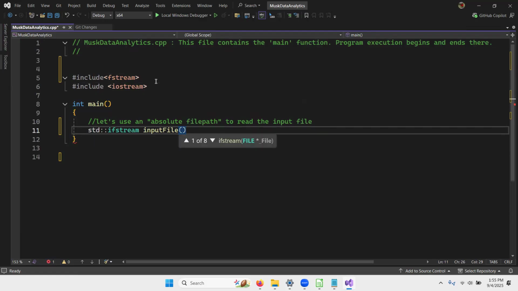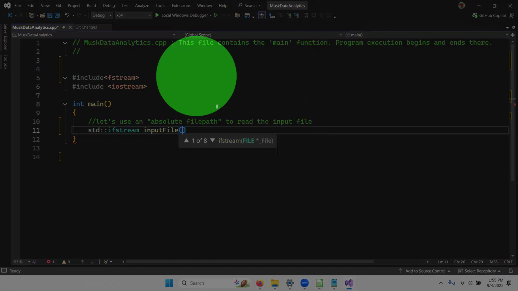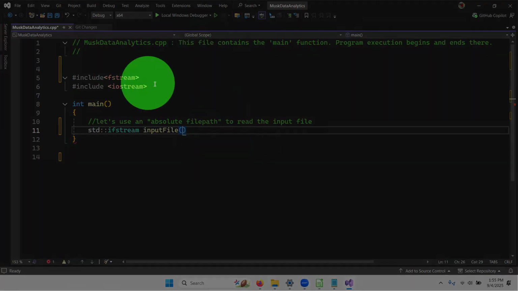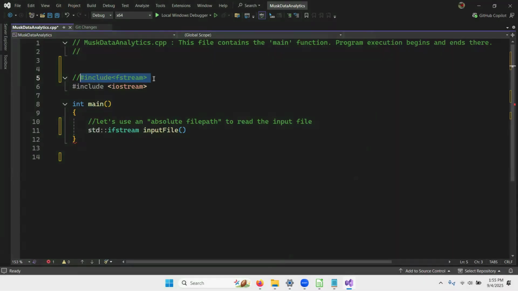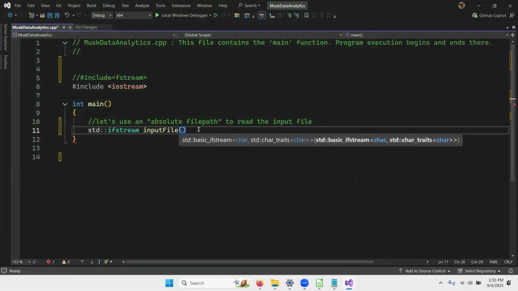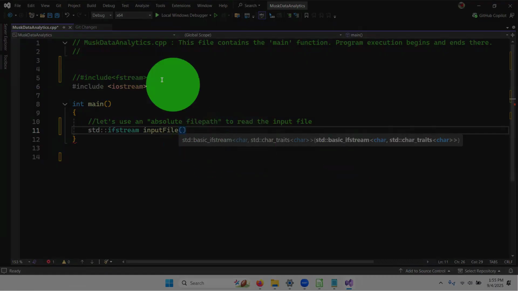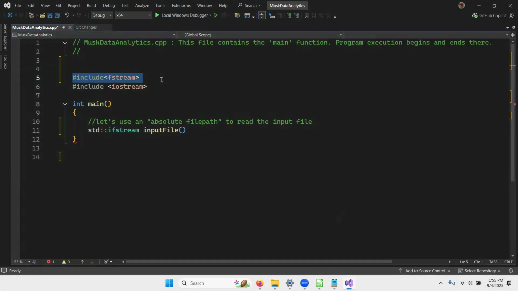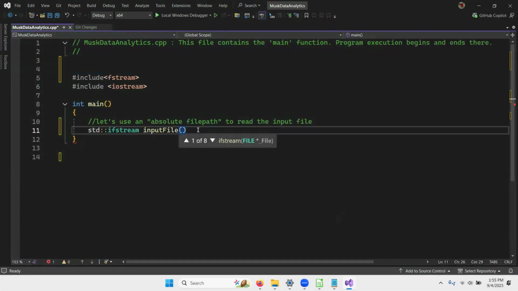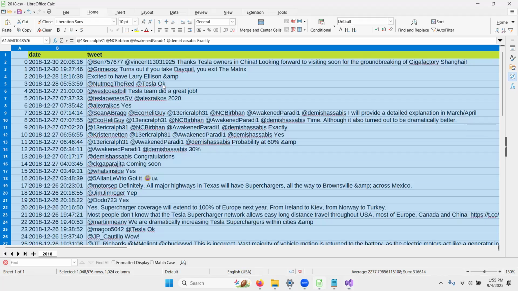And now if we open up parentheses, you'll notice a tooltip popped up, and it did not previously, whenever I uncommented this. When I'm typing parentheses, you see some stuff here, but it's not that one of eight business, which refers to the constructor function overloads. So now if I hit the down arrow, we see some good things. So file name. All right, so I can just type Musk tweets or whatever it is, .csv, but in fact